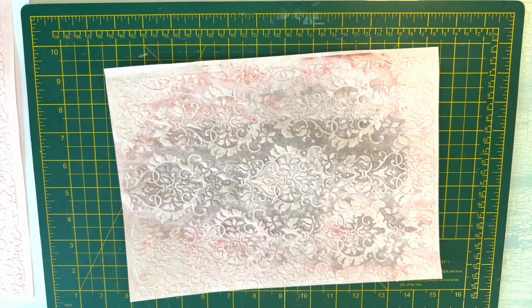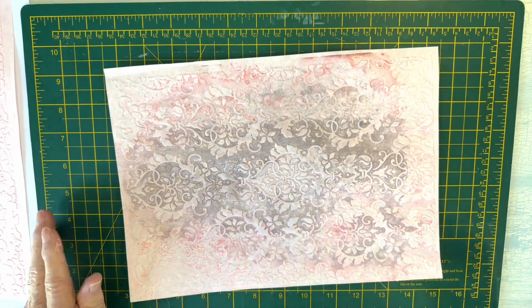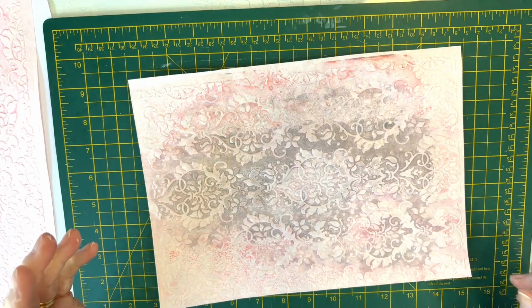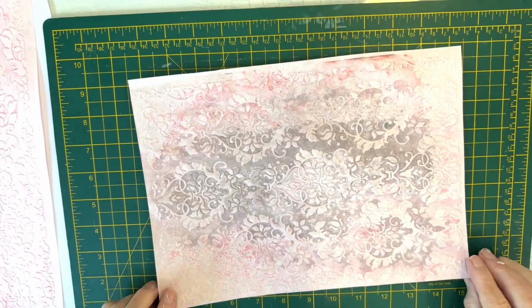And the inks don't harm your embossing folders. You don't have to go to the sink and wash them straight away, and that's why I don't like probably using paint on mine, because I'd have to go and...